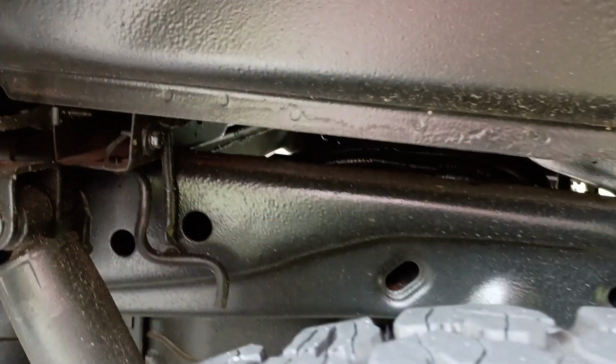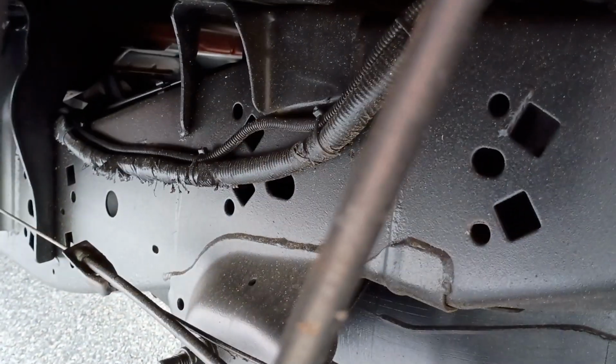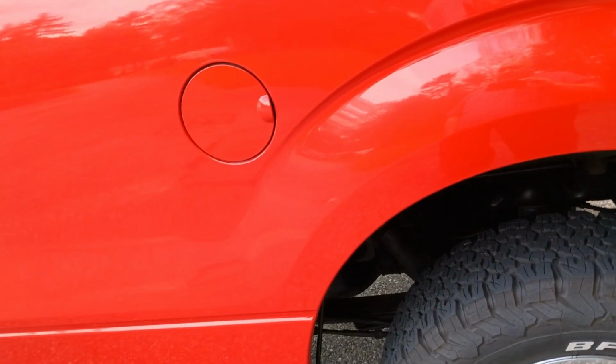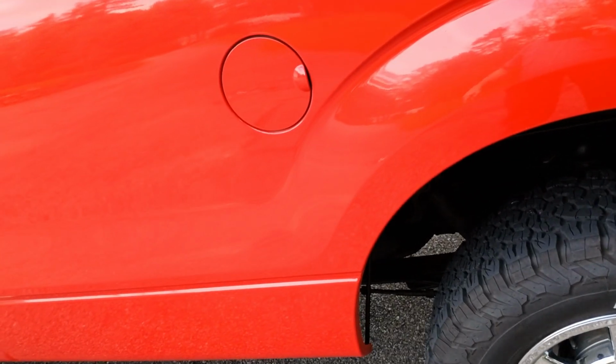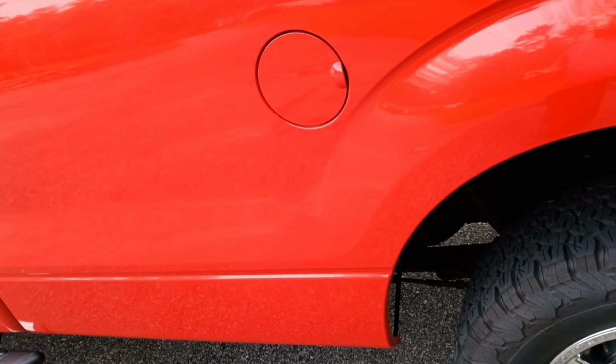All the new vehicles come with these huge body mounts. These body mounts do not, hard to see the body mounts. These body mounts do not conduct RF very well. In fact, if you take an ohm meter, they just barely have any continuity at all. The RF needs a big wide